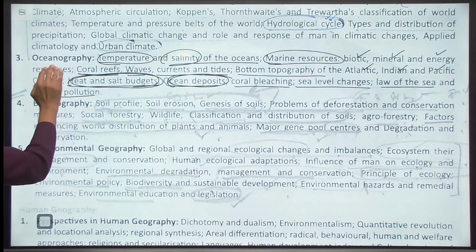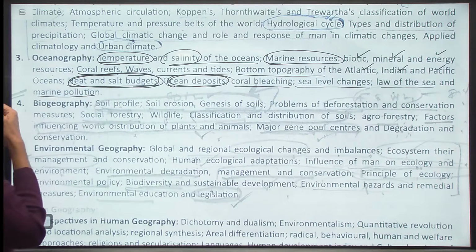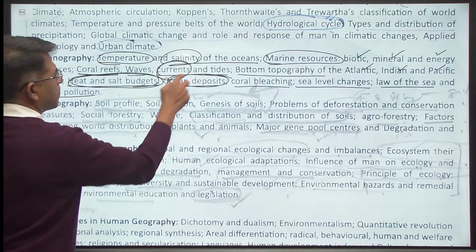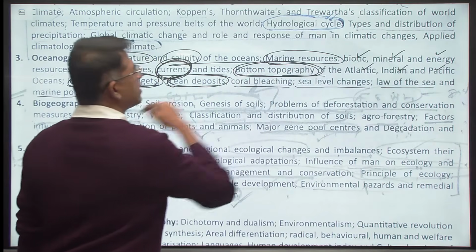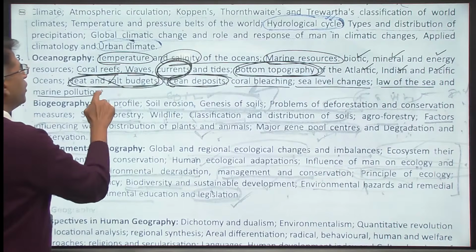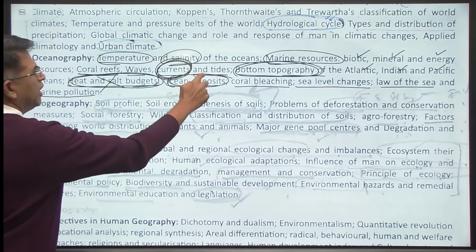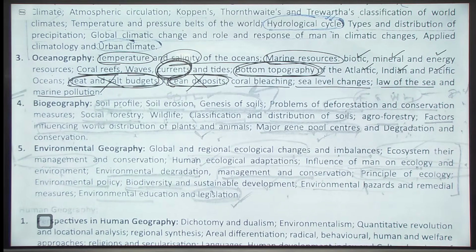or oceans maybe, they ask disproportionately more amount of questions on currents. करेंट्स पूछे हैं, बॉटम टोपोग्राफी से पूछ देते हैं. I said leave heat and salt budgets, leave ocean deposits. बाकी सारे टॉपिक्स आर GS टॉपिक्स. ठीक है. सो प्रॉब्लम है GS स्टूडेंट्स, they focus on the NCERTs, but the questions are a bit more deeper for GS students. But for you guys, I think it should be fairly good.